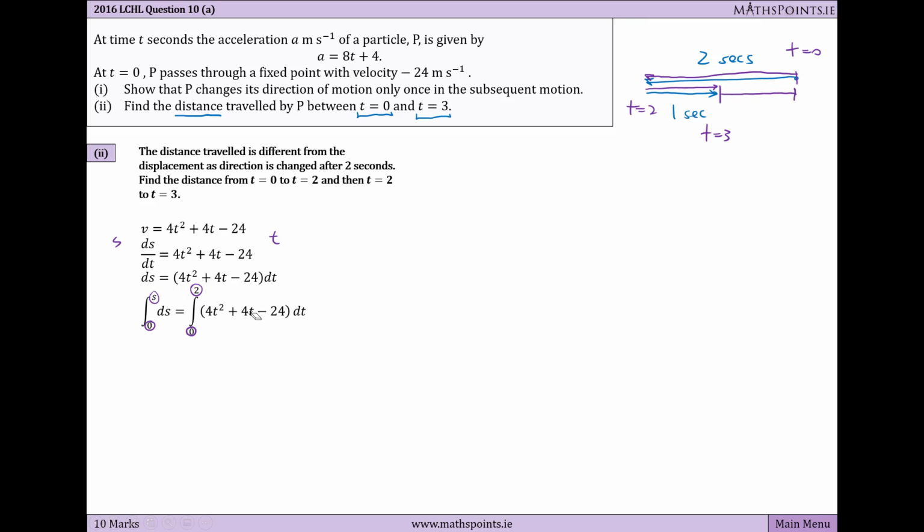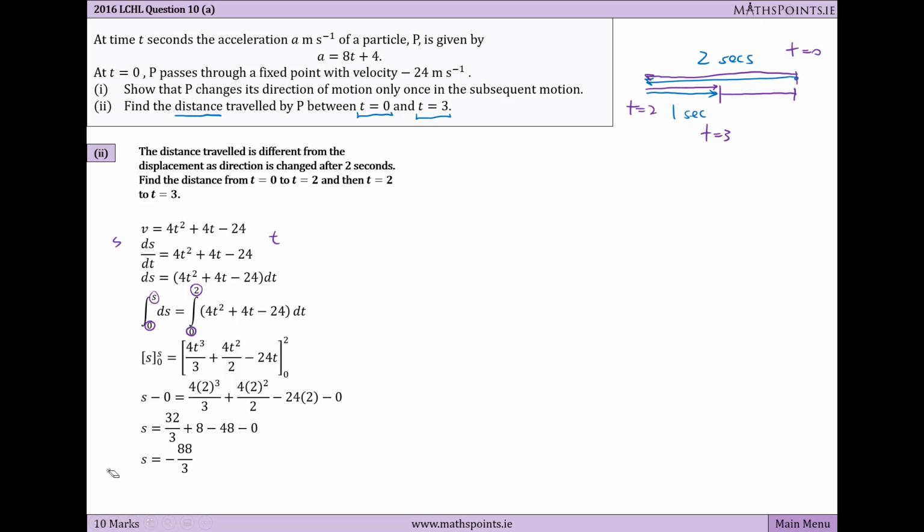And integrating the right hand side with respect to t, I get 4t cubed over 3 plus 4t squared over 2 minus 24t. So subbing in the limits, I get on the left hand side s minus 0, and on the right hand side I have 4 by 2 cubed over 3 plus 4 by 2 squared over 2 minus 24 by 2, and then subbing in 0, because each of the terms has a t in it, we'll just get 0. So s is equal to 32 over 3 plus 8 minus 48,